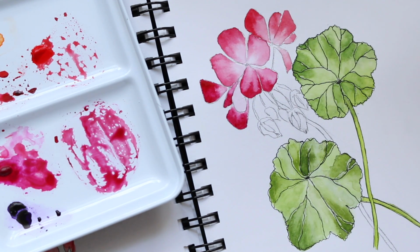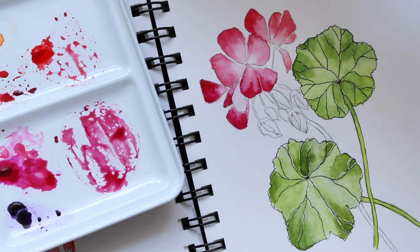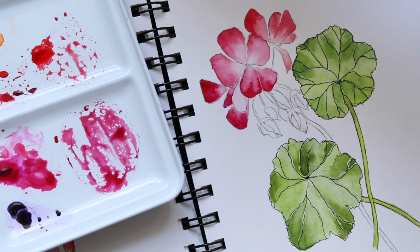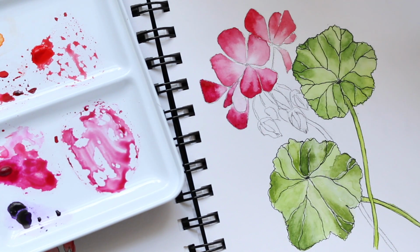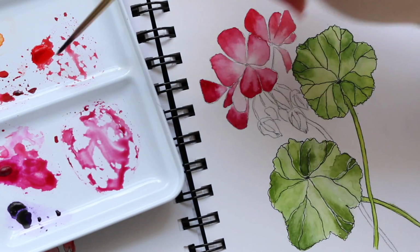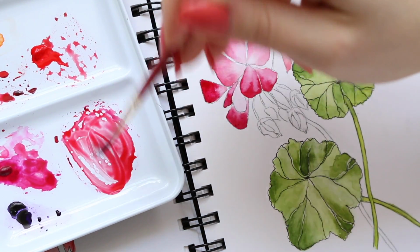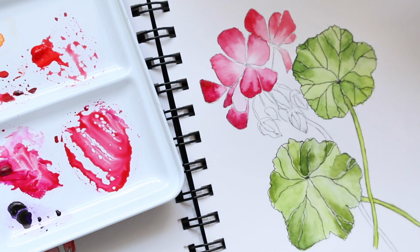The buds are pretty easy. I'm actually going to look at the image again. The buds I'm not going to do in the same way, because I can see the watercolor has now lost its intensity, so I'm going to mix it up again, and I think just a really creamy